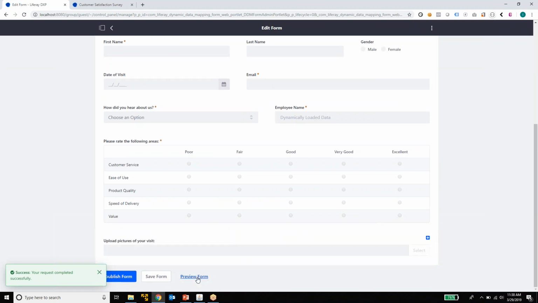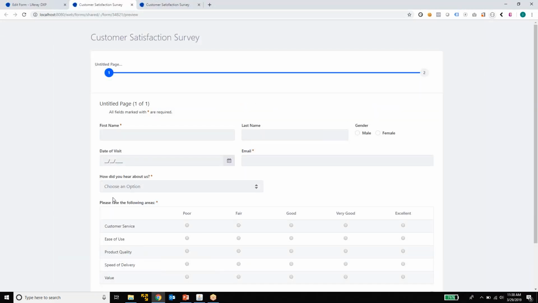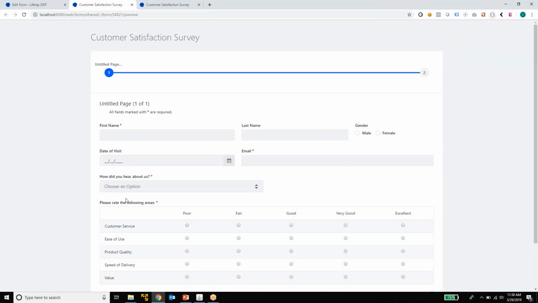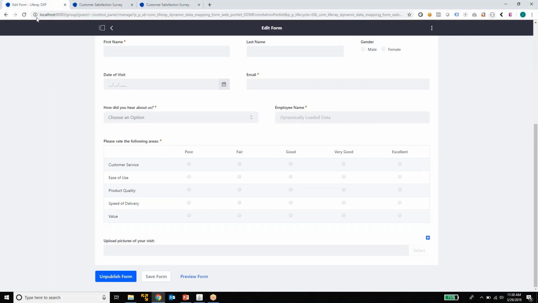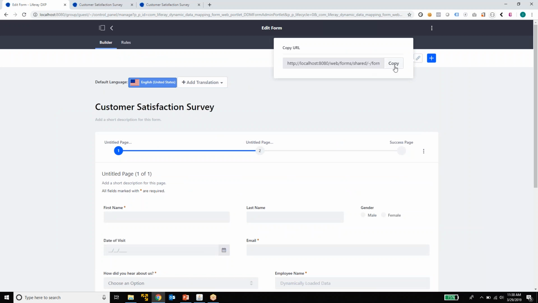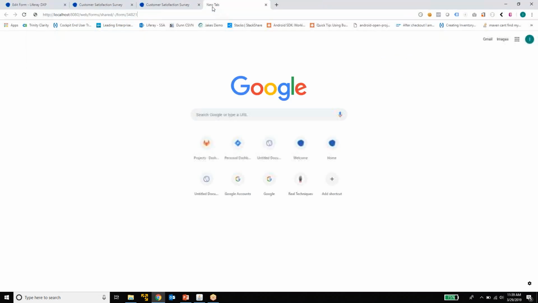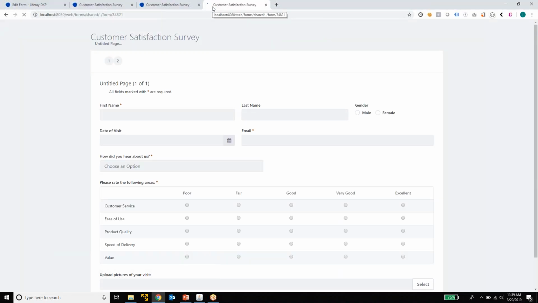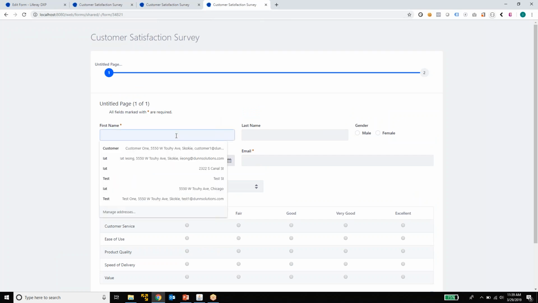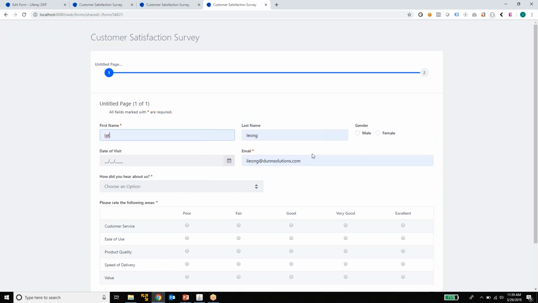And let's preview the form and see how it looks. You'll see that your changes reflect there right away. And to get the direct URL to your form, you can click on this copy URL link there, and I can just copy that. And if you enter that in your browser, it will take the user to that form right away. And so I'm just going to fill this out again